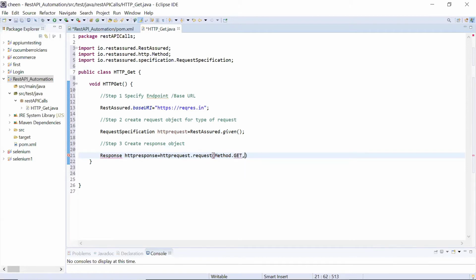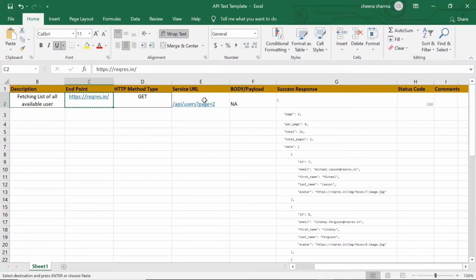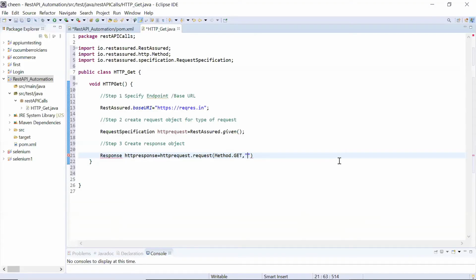Here you will pass your service URL, the API's URL in simple words, where you are checking your API. So in inverted quotes, let me copy it from my test case. So this is my service URL. I want to get the request from this URL. You can paste it over here. If you get anything extra, guys, please remove it, because when you copy paste, some extra special characters get added. So you can remove them, close this, terminate it with a semicolon.